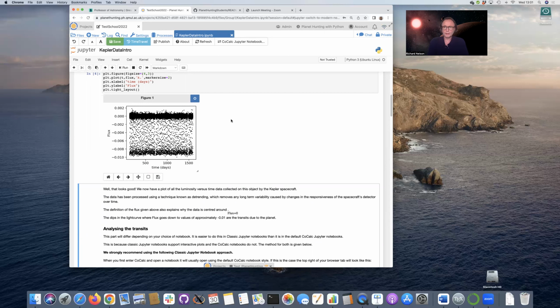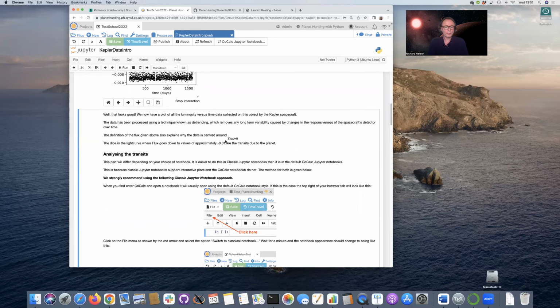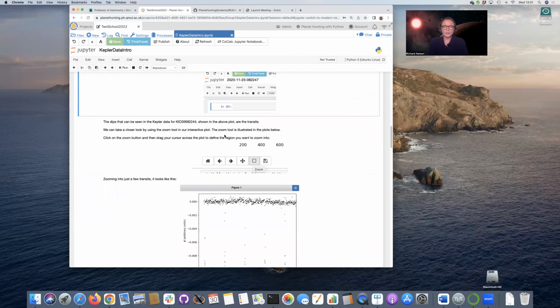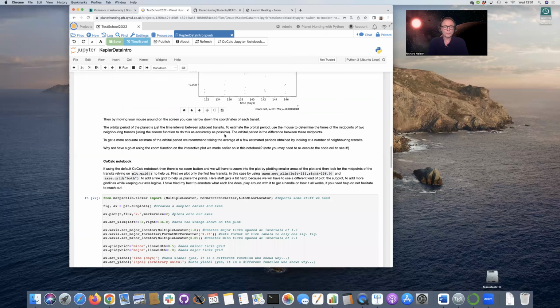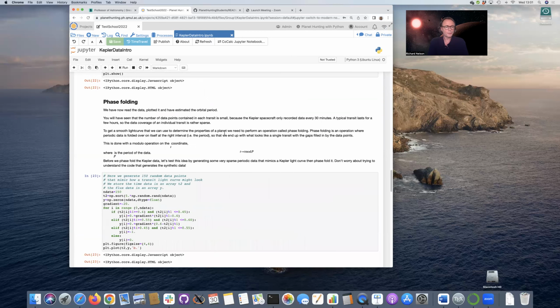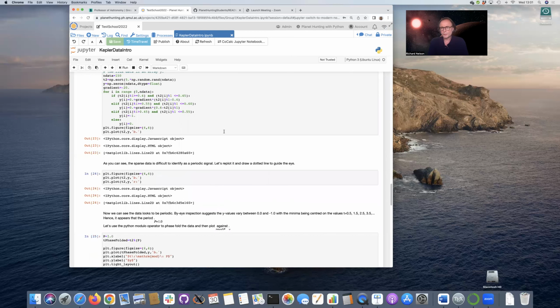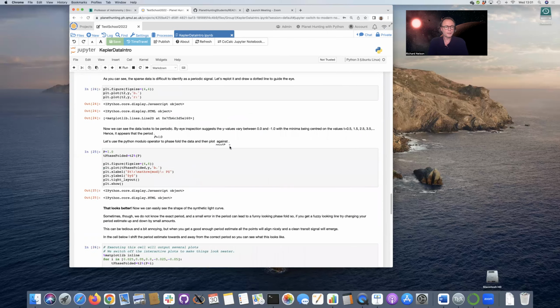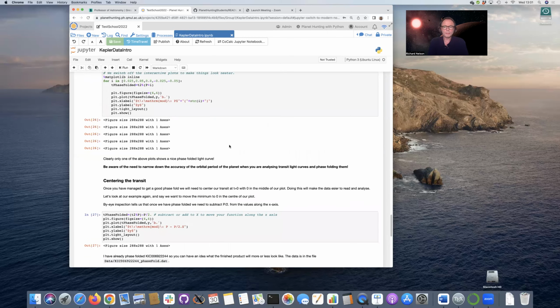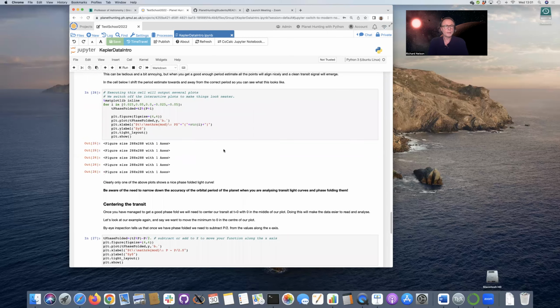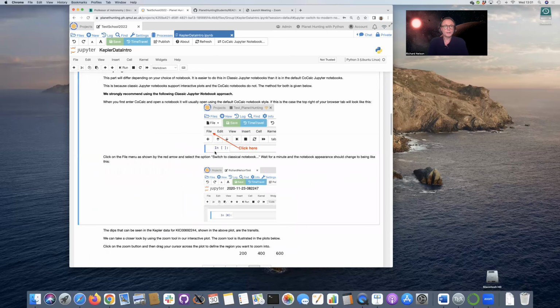It's really important. In addition to using the Google Chrome web browser, we also need to make sure that we're using the right type of Jupyter notebook in order to be able to plot the data in the way that we want to and interact with it. Well, we've got all sorts of other information in this Jupyter notebook. I don't want to go through it in detail. There's stuff to do with what we call phase folding, more stuff to do with plotting the data and things like that. I'm not going to talk about it now,